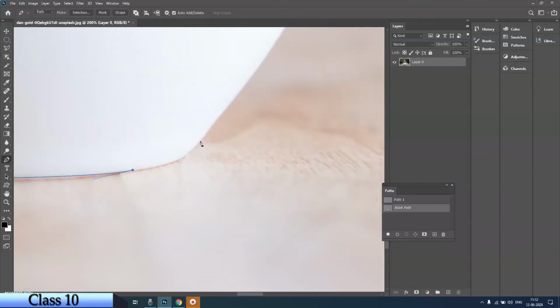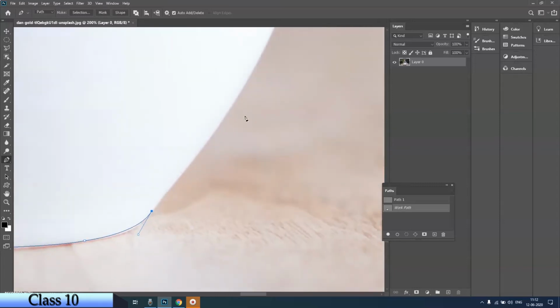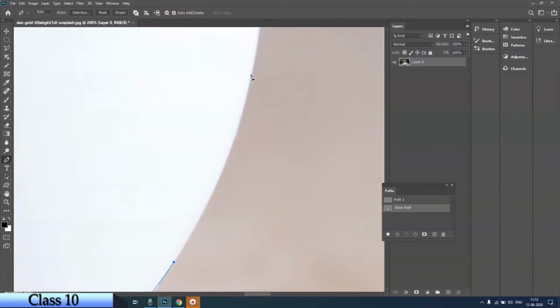What I'm doing with the panning is shifting my image while working from one point to another. Now see here, if I want to push this inside a little, I can press Control. My cursor changes into the white arrow tool, that's the direct selection tool, and it allows me to work on the adjustable handles. So that also can be done. So take the curves, press Alt and keep moving.